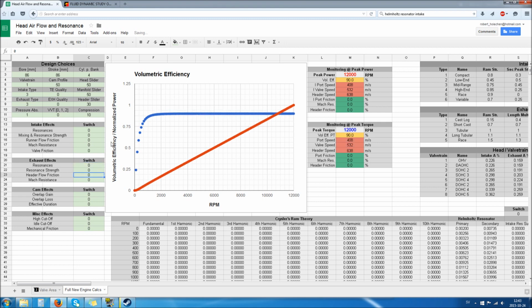Let me just quickly go back here. It starts out a bit lower, and that's why you can't really get nice resonances down low, because the airflow is just so low. Or you can get them down there if you strangle your engine completely at above 4000 RPM or something. Anyway, so resonance strength is also affected by the flow, and then we have the header flow friction, which overall